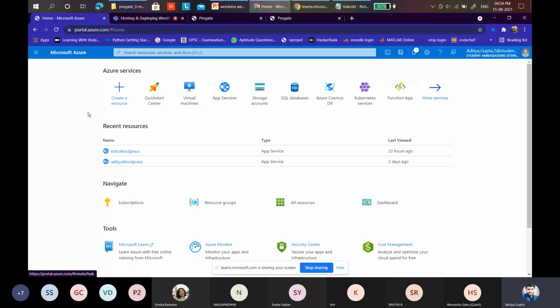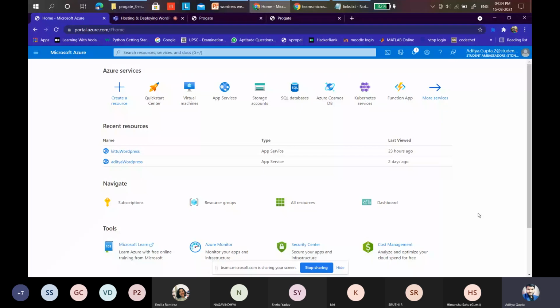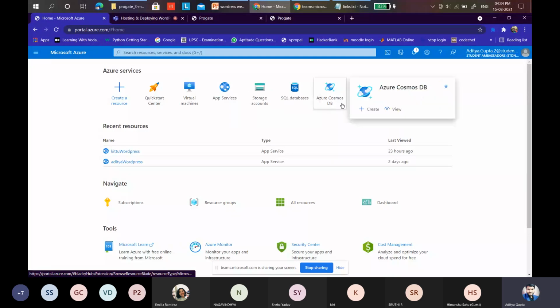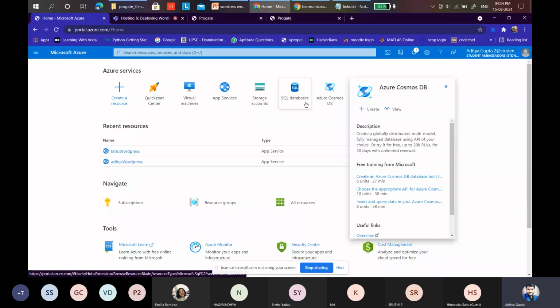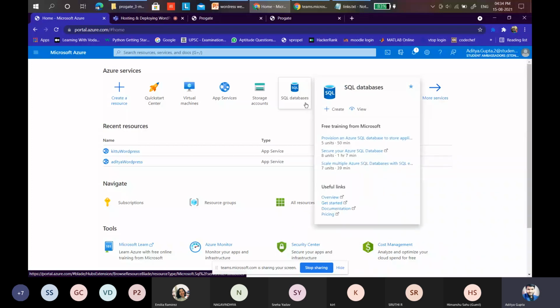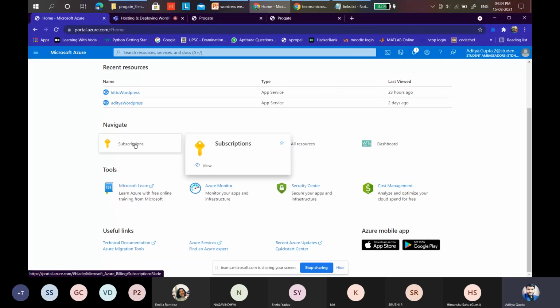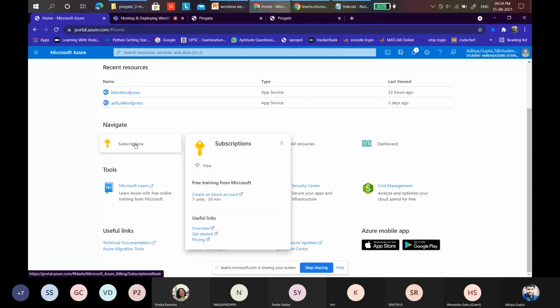So it's Microsoft Azure. I logged in with my account already. Let me show you what it is basically. At the top, there is a create resource option in which you can create as many resources as you can. Virtual machines you can create, app services, Cosmos DB that is for backend services, SQL database that I mentioned: if you're deploying a website, you can just integrate it with a SQL database. And in this section, you are going to use the resources that you created recently. You have to have a valid subscription to use Azure.